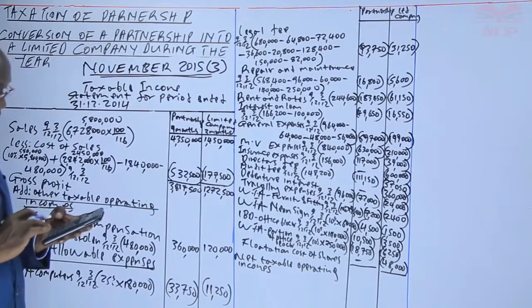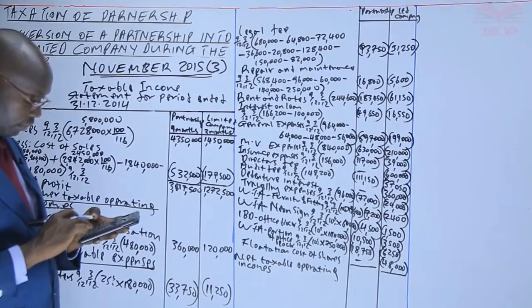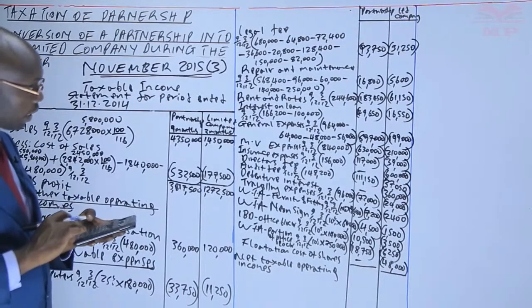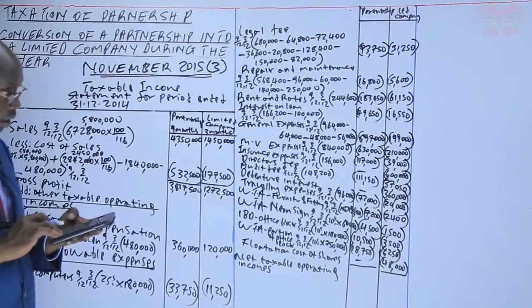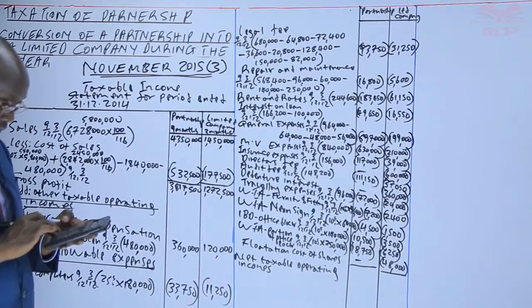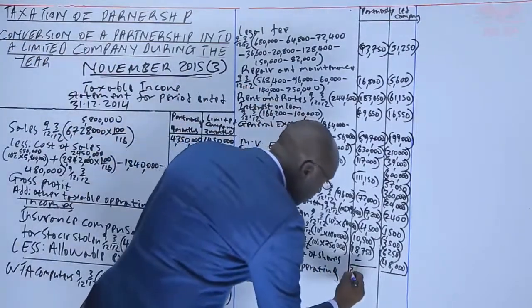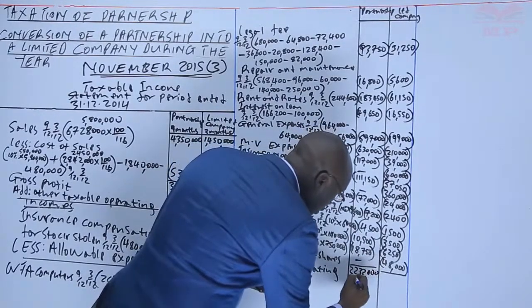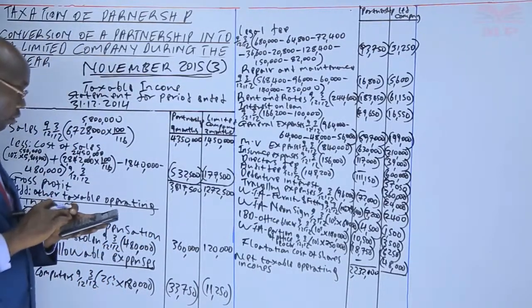So, and then we minus 72,000, and then we minus 7,200, and then we minus 4,500, and then we minus 10,500, and then we minus 18,750, give us 2,032,000. Then we go to the company, 1,272,